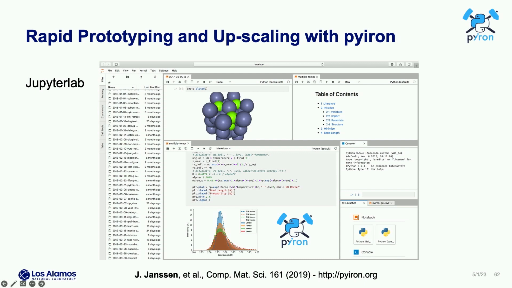And then also really cover the whole process, right? So from creating the calculation, submitting the calculation, and then analyzing the results. And we'll go into this in more detail on the following slides.